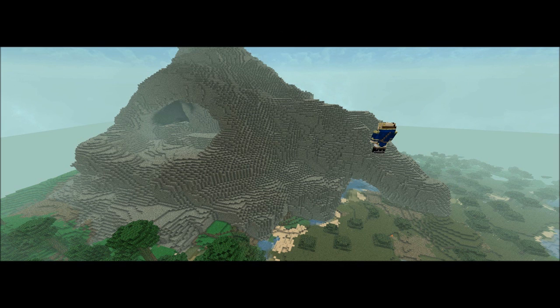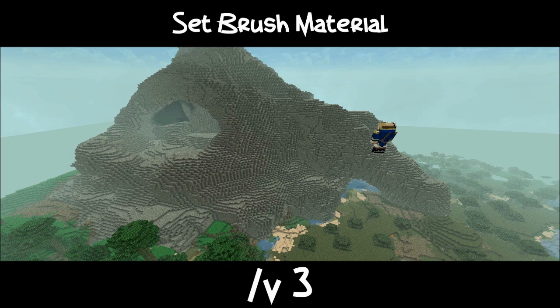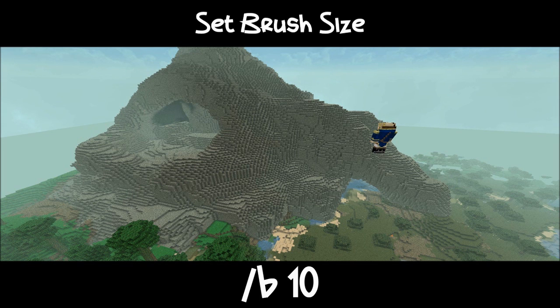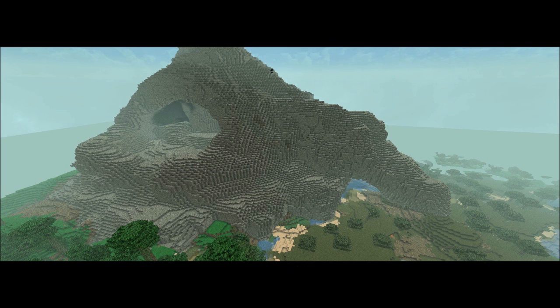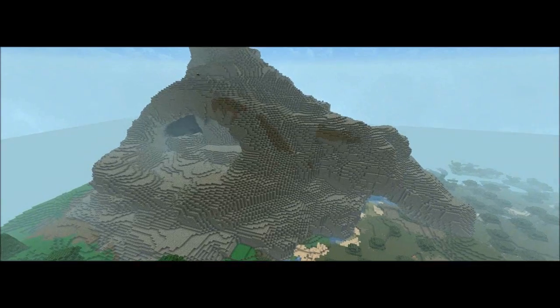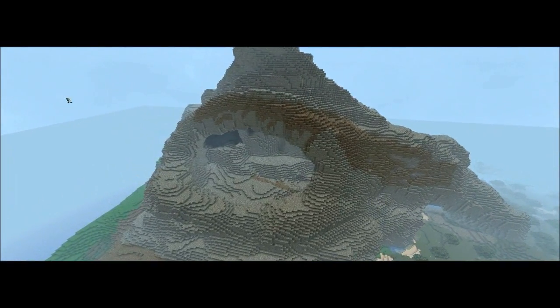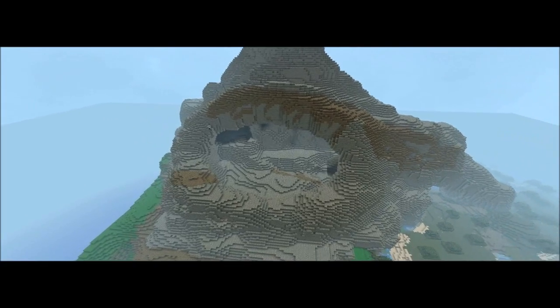Okay, then we're going to set our material to dirt, which is the data ID 3, so we're going to do /v3. And then we're going to set the size of our brush to 10, which is /b space 10. Now what that's going to do is make the top 3 blocks dirt. And as you can see, especially right here on the side of the mountain,